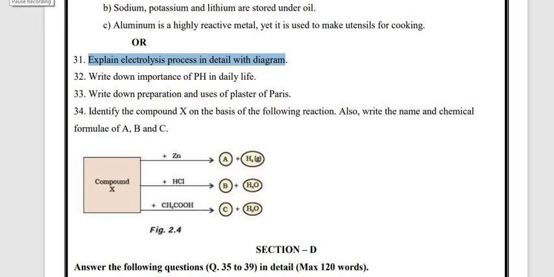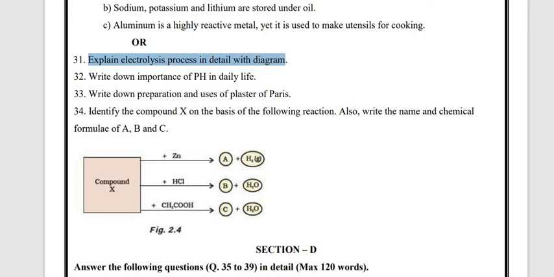Student. Now in this video we will see question number 31. The question is: explain electrolysis process in detail with diagram. Here you can write according to yourself, meaning you can also write the water electrolysis process